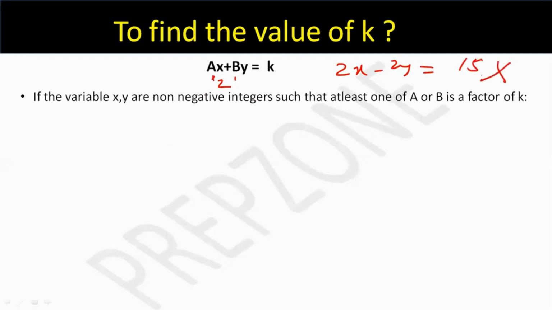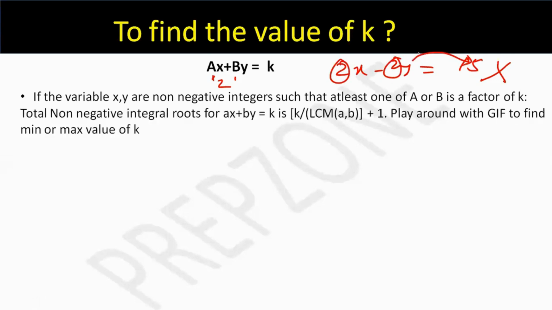You can't apply this method there because at least one of the coefficients has to be a factor of k, else this method is not applicable. So now if the question says find the total non-negative integral roots for this particular equation,